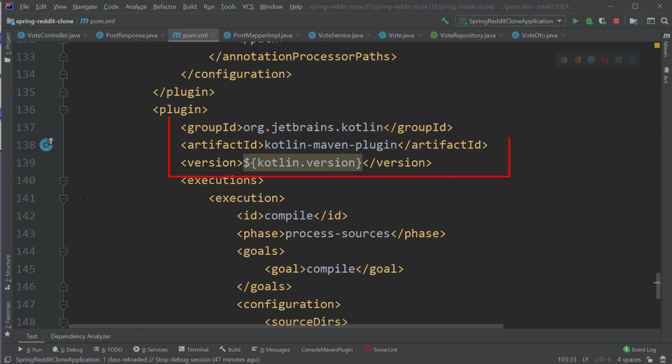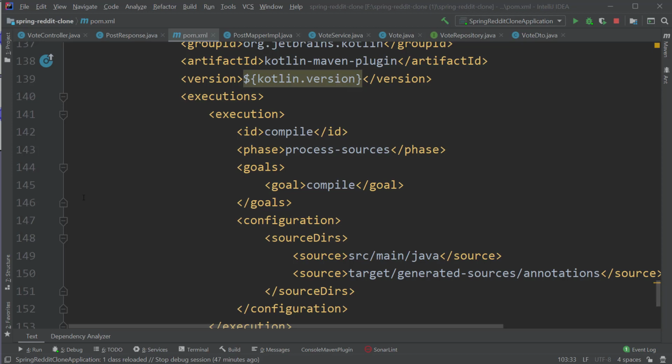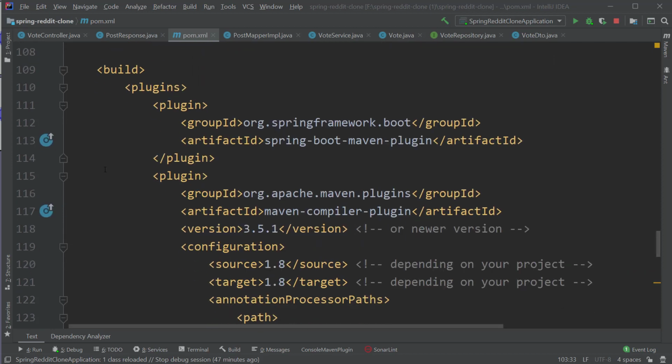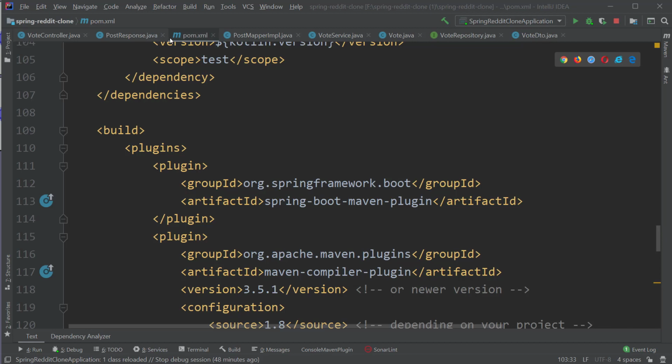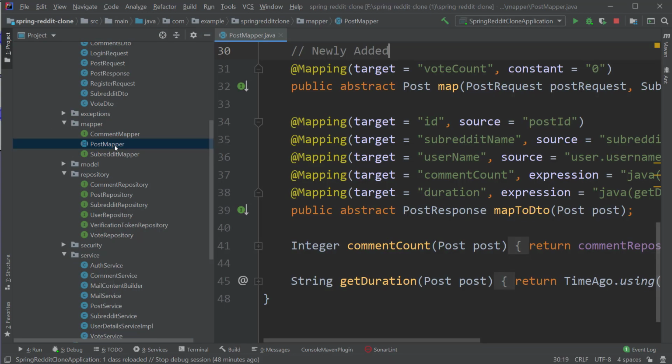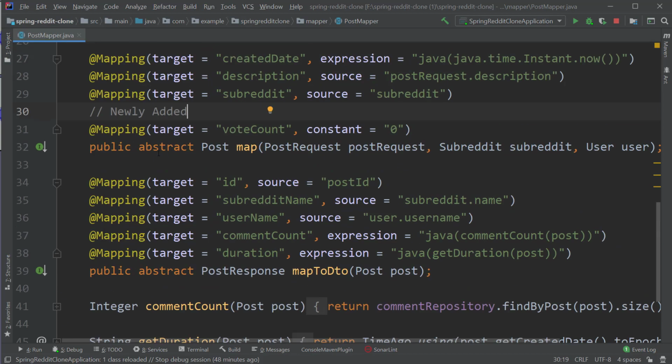called the Kotlin Maven plugin. This is included in the compile phase, so whenever it finds some Kotlin-specific code, it makes sure to generate the Java code for it. And we are filling this value inside our post mapper. If we go to the post mapper, you'll notice that I've changed this from an interface to an abstract class here,